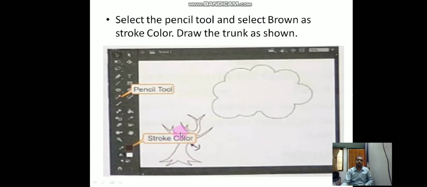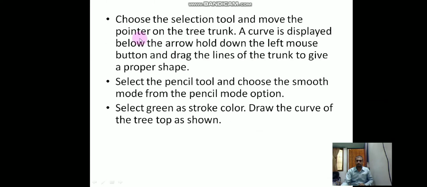As shown here, I have drawn the trunk of the tree, and upside these are the leaves of the tree. Choose the selection tool and move the pointer on the trunk. A curve is displayed below the arrow. Hold down the left mouse button and drag the line of the trunk to give a proper shape.